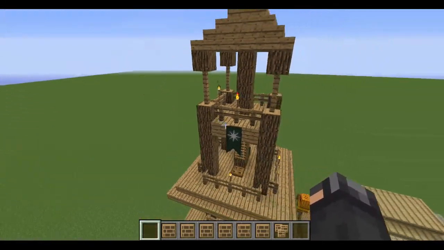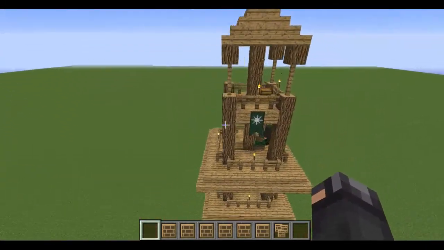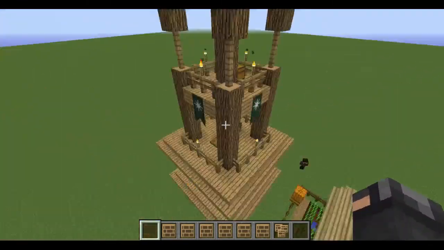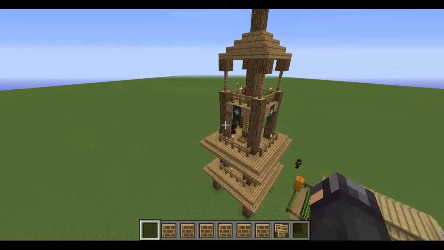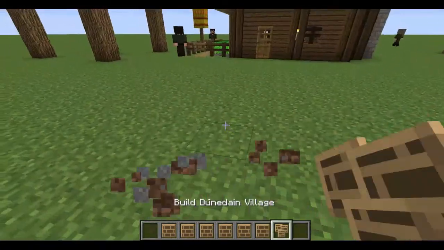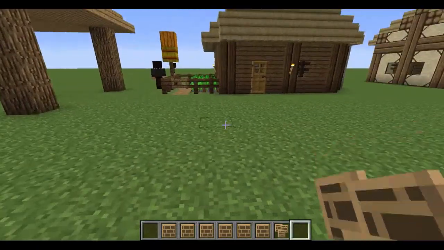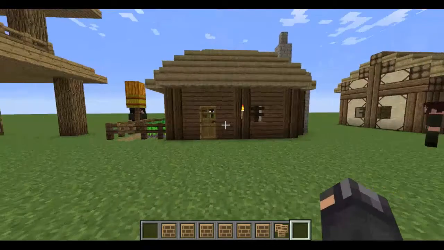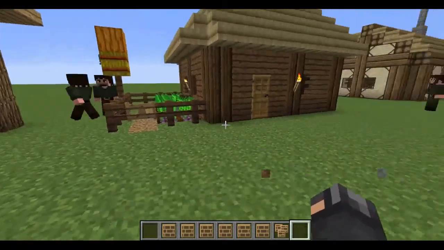Anyway, that is the main tower for the Rangers of the North. Actually, yeah, that's the main structure for the Rangers and for the Dunedain, except the Dunedain also have their own village, which I will be showing later on. It's just so big, I don't want to ruin any of this. Now, moving on to the main